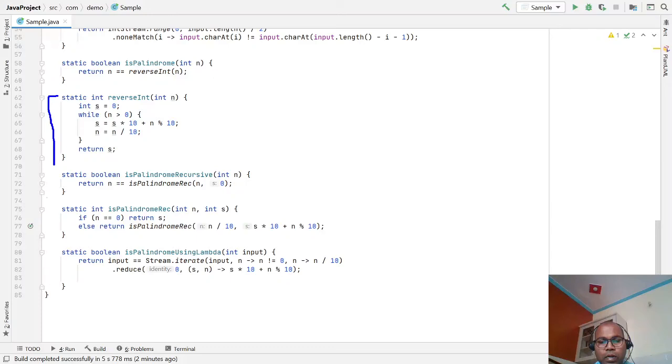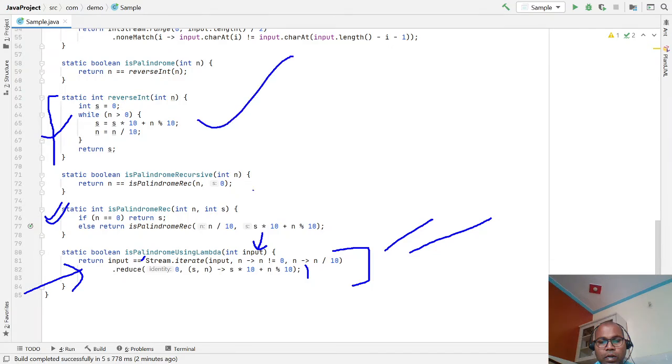Palindrome check using an iterative method, using a recursive method, using a lambda expression. Here you notice that we are not taking any extra variable and not mutating any variables. This function only works on your input and does not do any extra modification or update. This is a pure function: given an input, it checks whether the input equals the reverse of the number. A reverse of a number you can write in this way, or using the stream API.